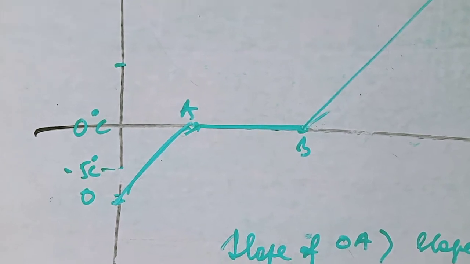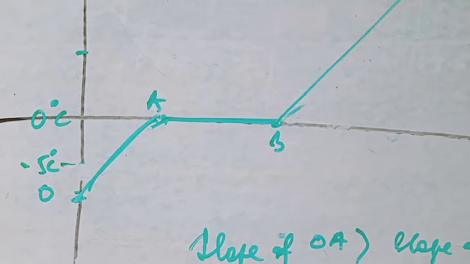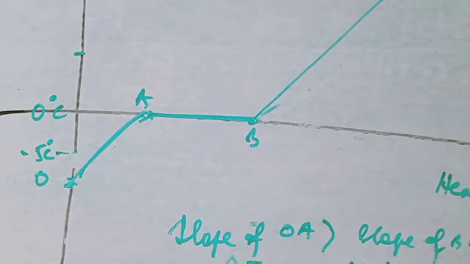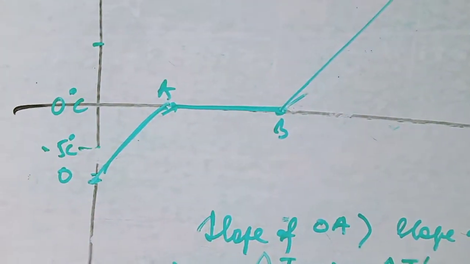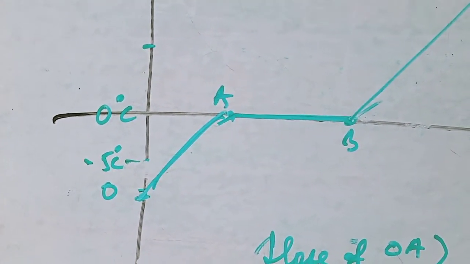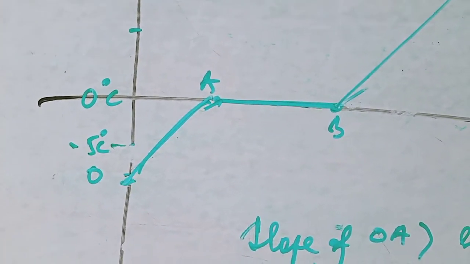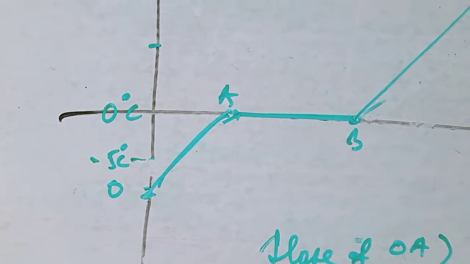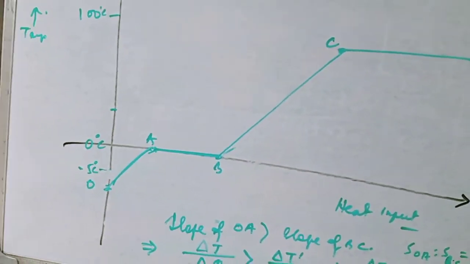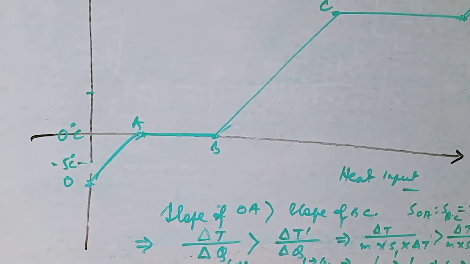Now, when melting starts, heat is being supplied. So the graph proceeds in the forward direction. That means the measurement along the x-axis increases, that means the heat input increases. With the increase in heat energy, the temperature remains static at 0 degrees Celsius. Point A maintains 0 degrees Celsius, point B maintains 0 degrees Celsius. In this region AB, the temperature remains 0 degrees Celsius because change of state is occurring from solid to liquid state. Here the graph becomes parallel to the x-axis.